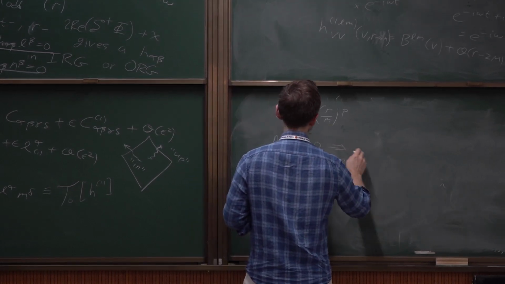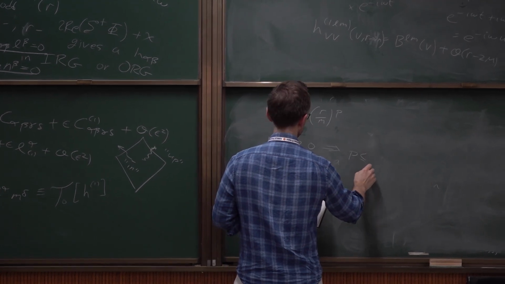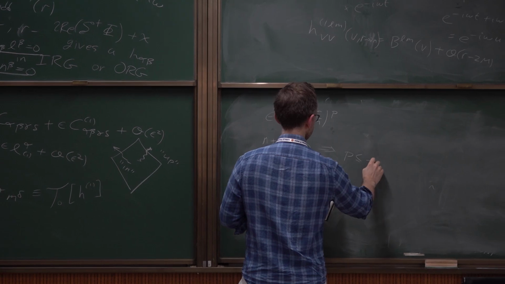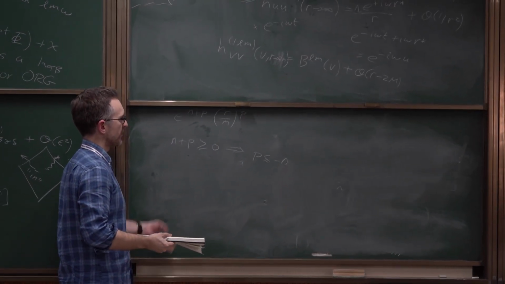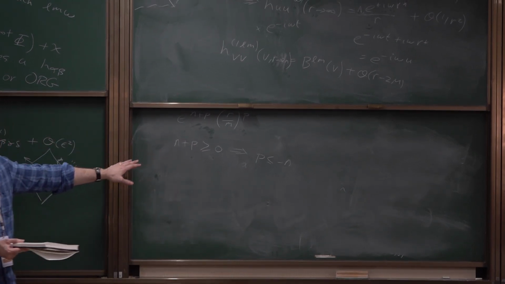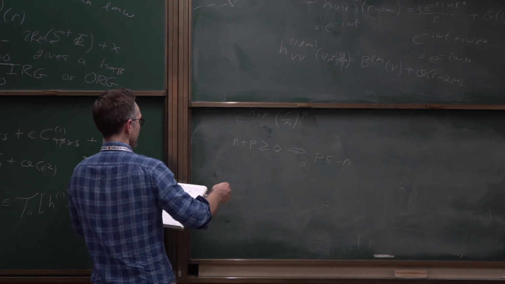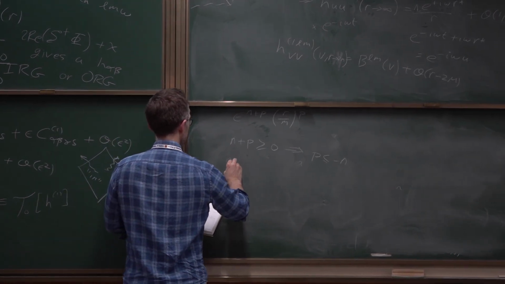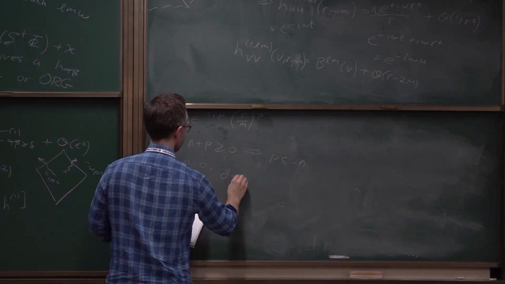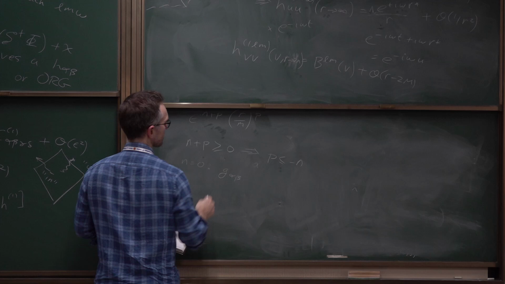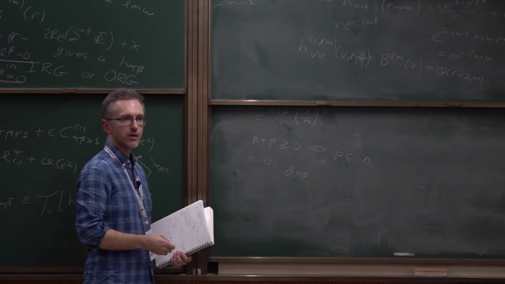So p has to be less than or equal to negative n. Now let me translate that back to simpler-looking, more intuitive expressions. Say I start at n equals 0. That's just the background metric, g alpha beta. What this condition is telling me is that if I expand g alpha beta for small r,